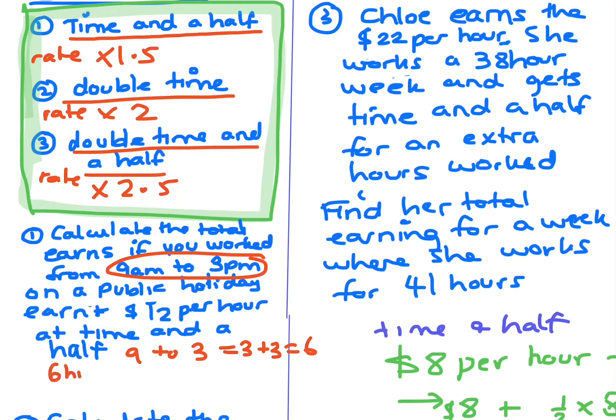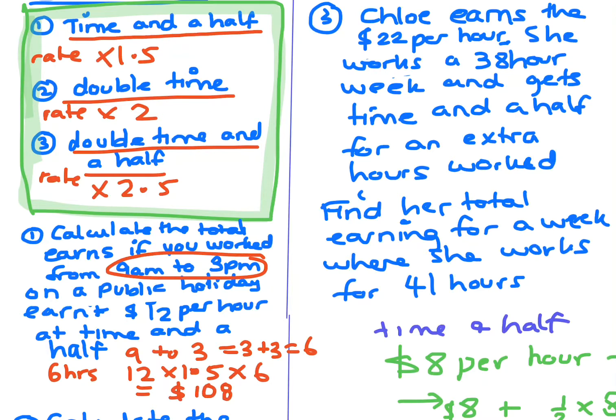So it's 6 hours, and it's going to be at time and a half. If you get the 12 and you times by 1.5, this is one of the quickest ways. You could go 12 plus half of 12, and then times by 6, because that's how much you earn per hour. 12 times 1.5 times the 6,